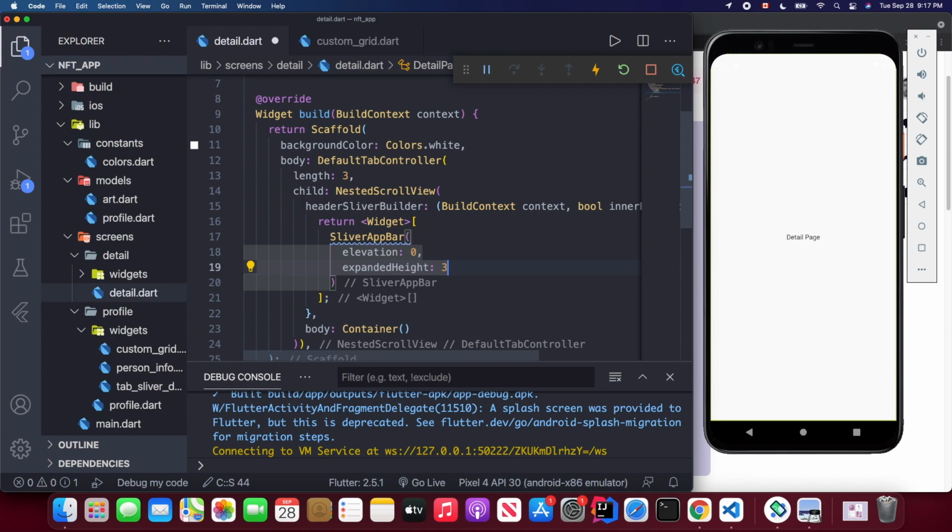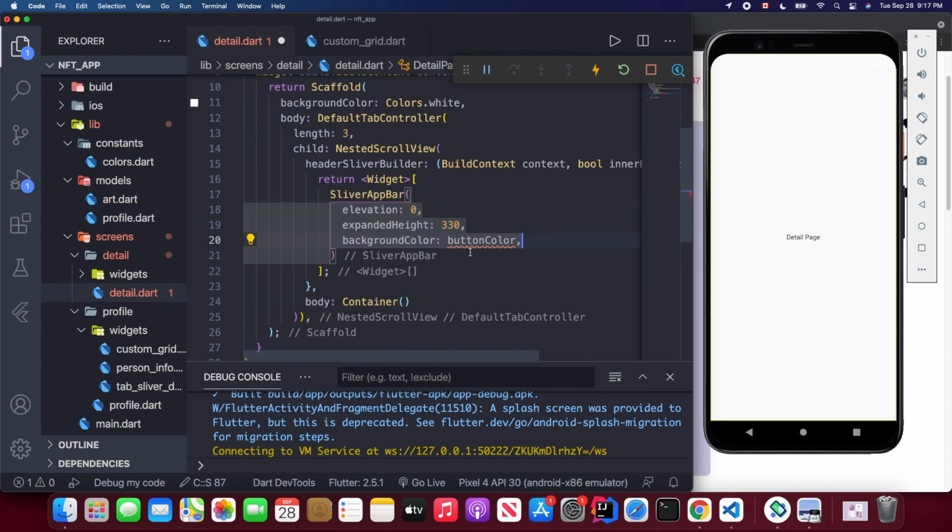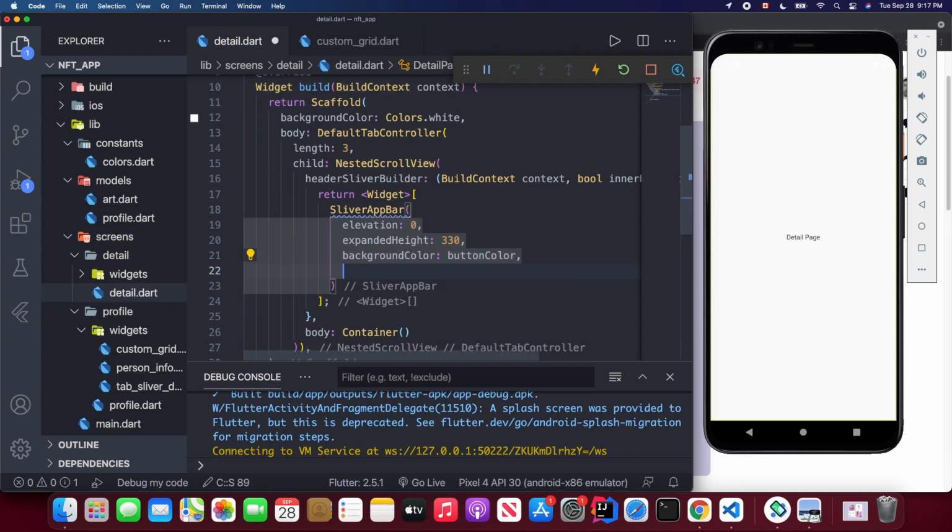I consider giving it 330 for its background color. We're going to use our button color. For this part, I'm going to import the library because this button color came from the colors star. Okay, so the next one is the leading